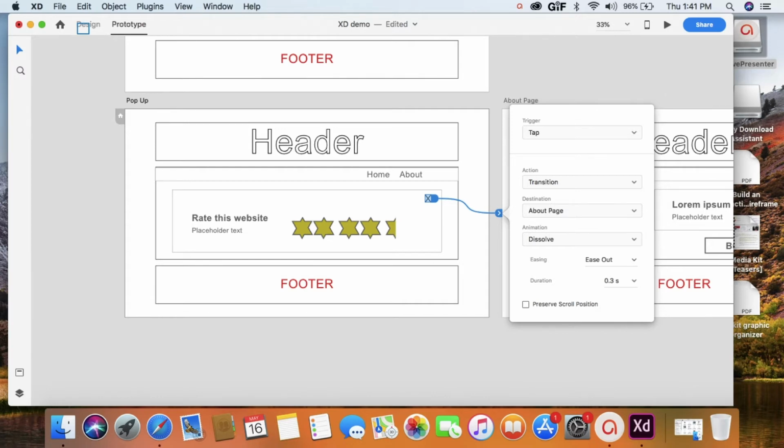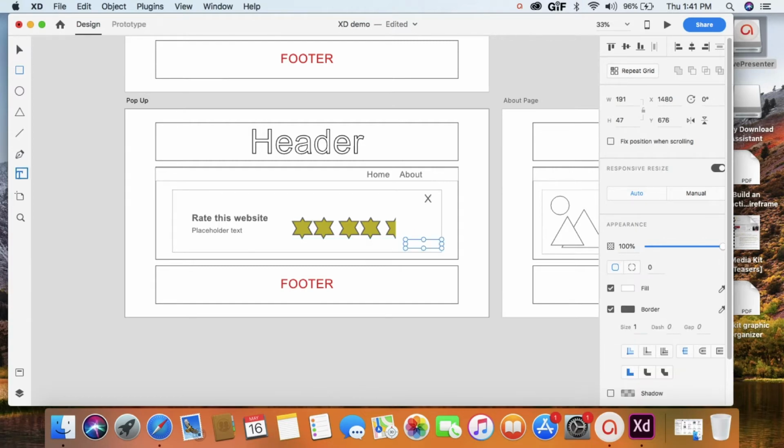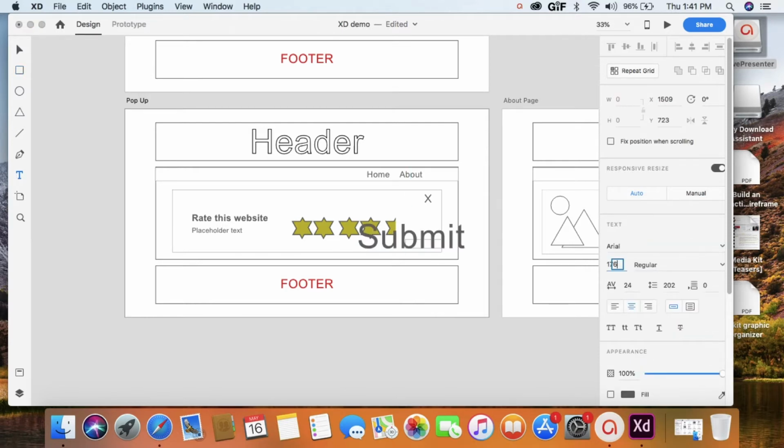We'll select the X and then go ahead and drag it to the About page, and that will allow you to see the demo when we go up to the play button up at the top to be able to preview. And that's uh-oh, what did I just do? Oh, okay. So then we're able to actually go in and we'll just add another rectangle with the word submit,